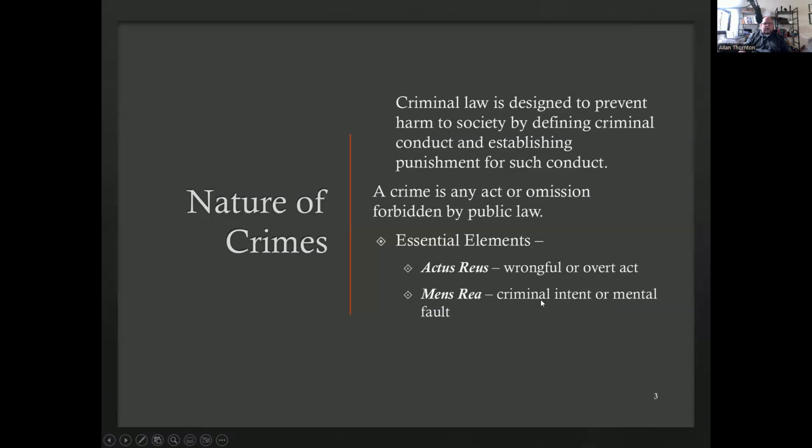Mens rea, most people have heard of. It's the criminal intent or that guilty mind. It's when you plan out the crime, when there was some type of intent. You meant to do what you did. You meant to bring that harm to society, to an individual, whatever it was. And the actus reus is the act that you intended to do that caused the wrong. All right, that wrongful act is going to be your actus reus. It's criminal mind and criminal act, or what they basically define as.